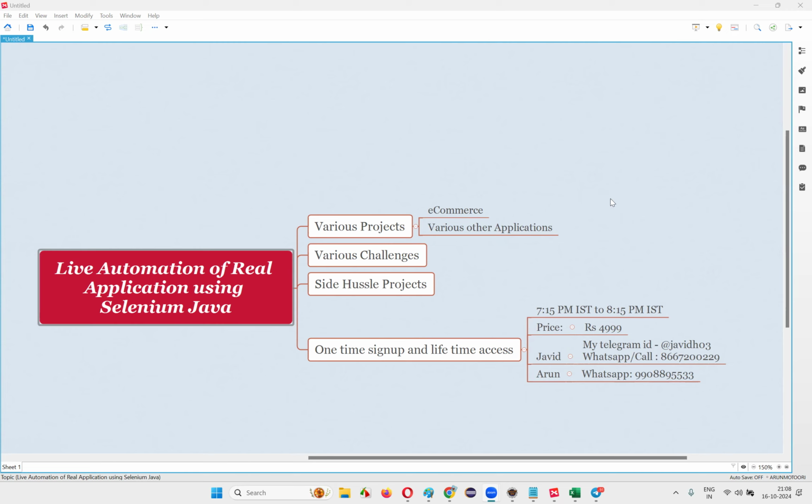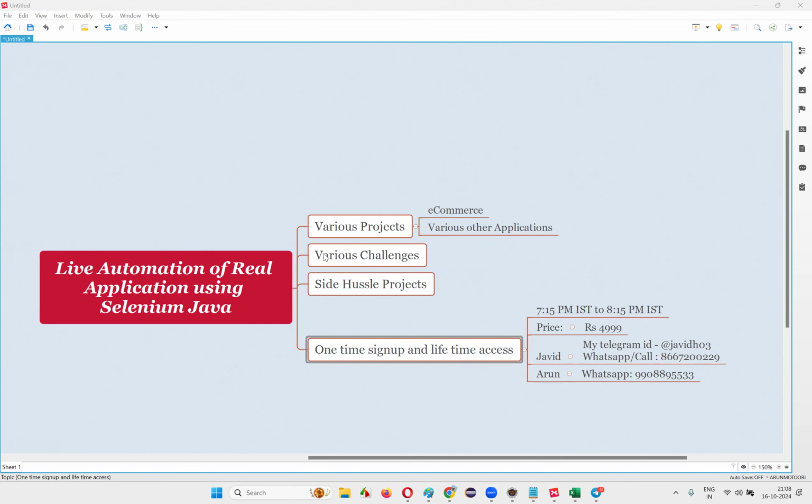Any other questions regarding this new batch? So I explained two things, right? Live automation is one batch, and the other is another batch. No, no, it will be sufficient, Krupal. It's a never-ending thing, right? If you have to complete in just 2 months, whatever you said is right.